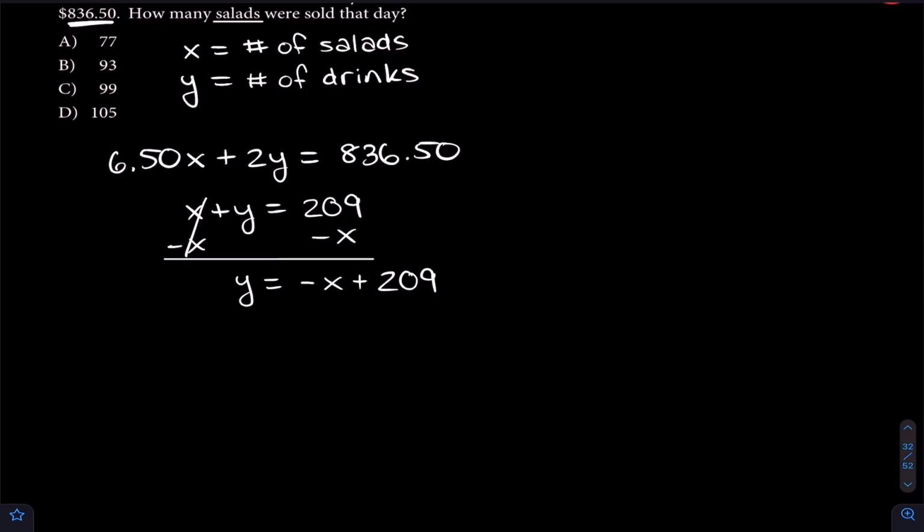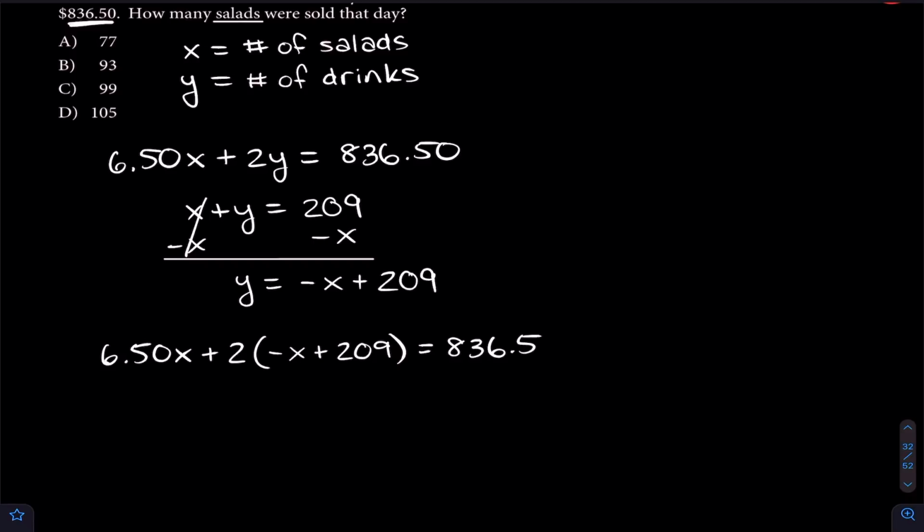Now we have y solved for, and we can plug that into the top equation. Doing that, we get 6.50x plus 2 times y, which is now negative x plus 209, and that's equal to